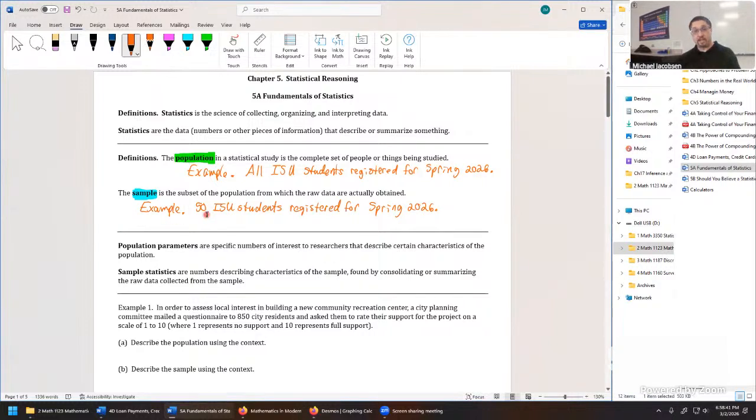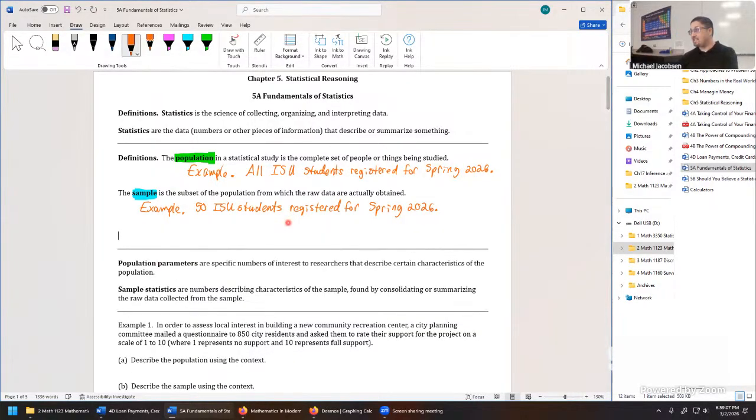It'll cost money to get a random representative sample of 50 students that really represents all ISU students. And again, maybe the question is, how many ounces of water do they drink per day? We can compute that for every 50 students, take the average or the mean, we'll call it later, and that's going to be a sample statistic. So let's say here, just to loop in the statistic next,